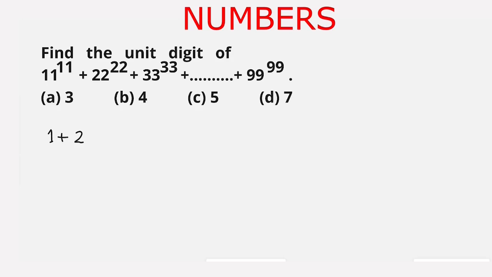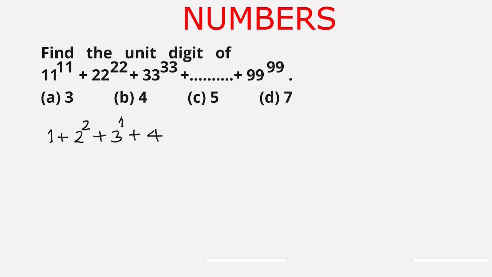The ones place of 22 is 2, and the power 22 when divided by 4 leaves the remainder 2, as 5 times 4 is 20, and 22 minus 20 is 2, plus 33 has ones place digit 3, and the power 33 when divided by 4 leaves remainder 1, as 8 times 4 is 32, and 33 minus 32 is 1, plus